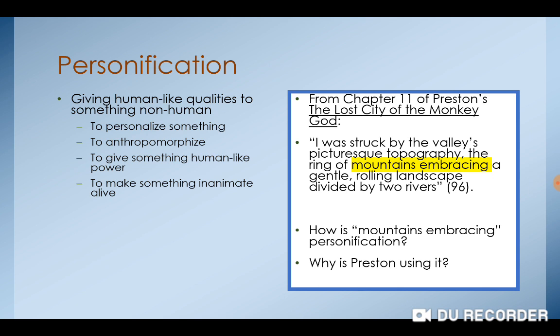He really describes it as quite beautiful. I mean, we get this impression that it's this gorgeous place, even though once you get on the ground, it's so dangerous. And so that kind of fits with how Preston describes most of the jungle.